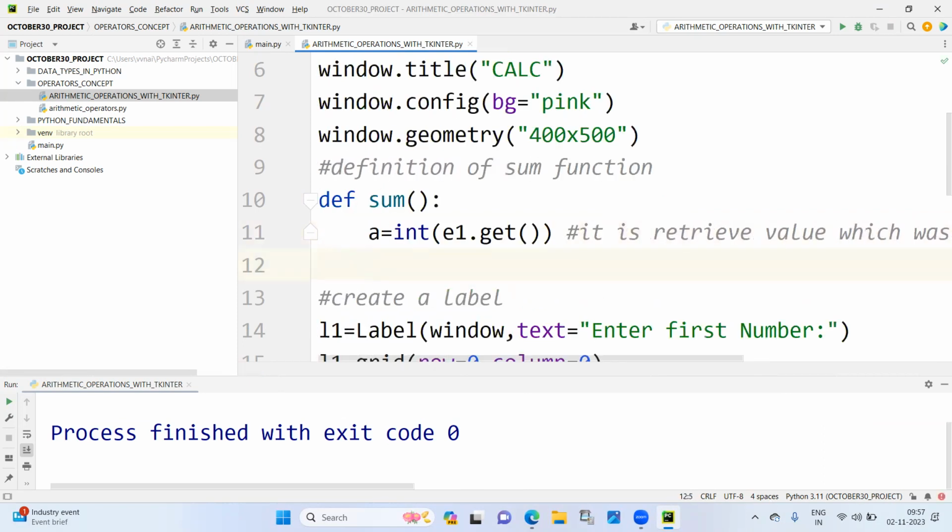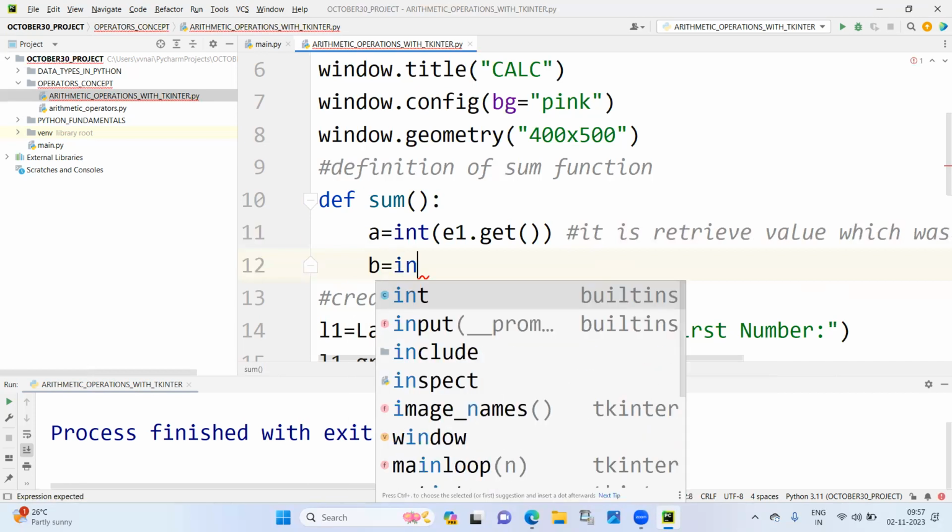Clear? Entry box 1 లో ఎంటర్ చేసిన వాల్యూని తీసుకొని వచ్చి ఏ అనే వేరియబుల్ లో పెట్టుకుంటాం. That's your wish, you can keep it as d is equal to integer of